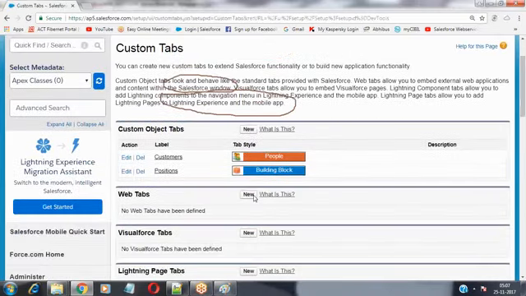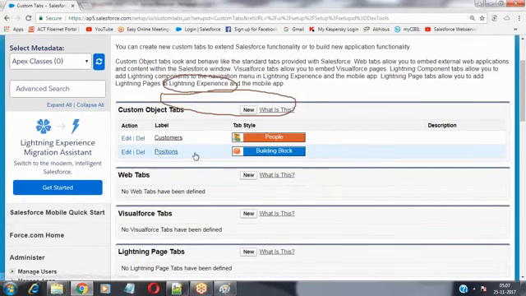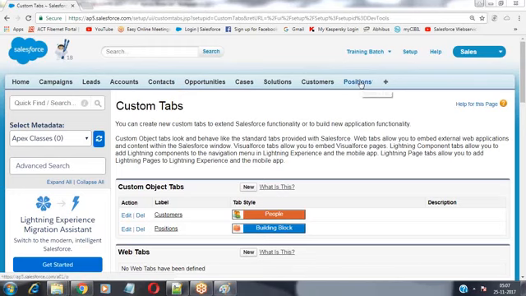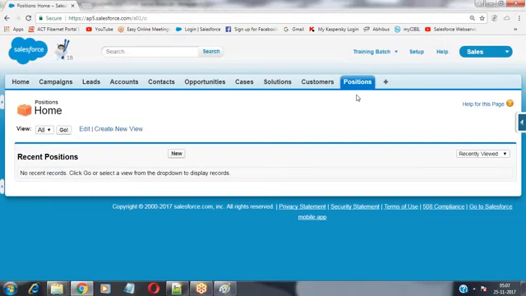Now the tab has been created with the name building blocks. This is the tab for this position object. Now when you verify the tab bar, the positions tab has been added to the tab bar by default. By using this tab, we can manage the records inside the position object. We can insert, update, delete and view the records; we can perform all these operations on the position object records. So click on the positions tab. Whatever style you have selected, that color and image has been applied over here.